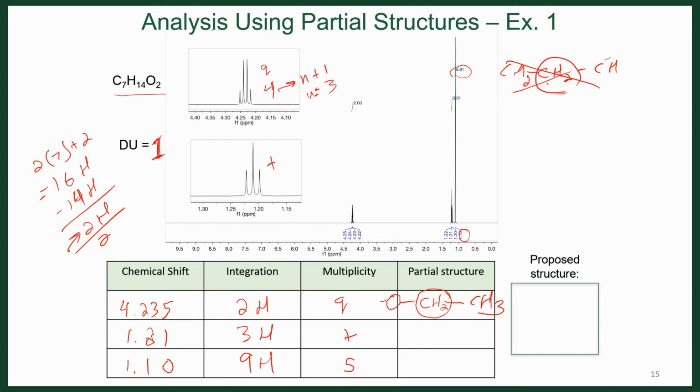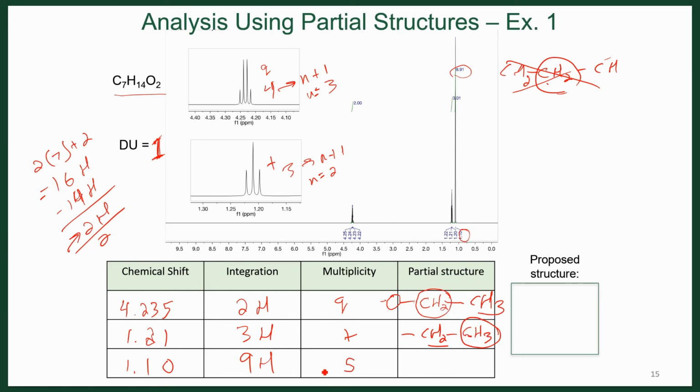So let's look at our triplet. Our triplet again is 3 lines, and so again, if we look at our n+1 rule, n for this particular signal has to equal 2. So we can come up with a simple partial structure for this as well, where we have our CH3 group that we're observing directly, and then adjacent to it is our CH2 group, and that's all we can infer directly from the analysis of this NMR signal, but these two fit with one another, and so they corroborate each other's